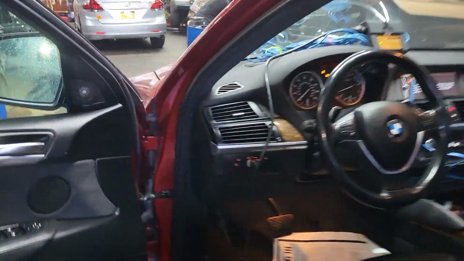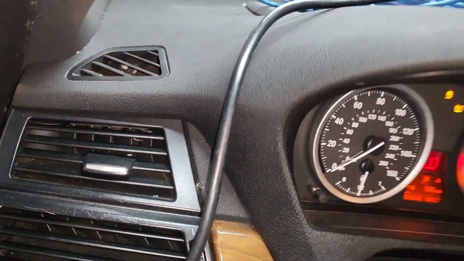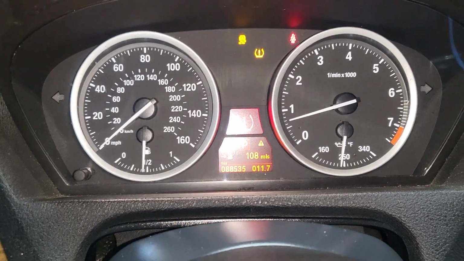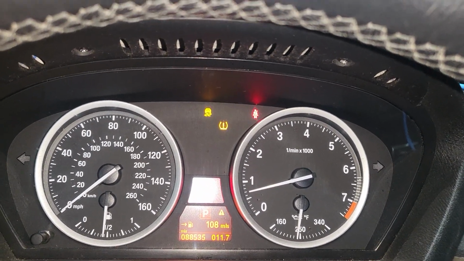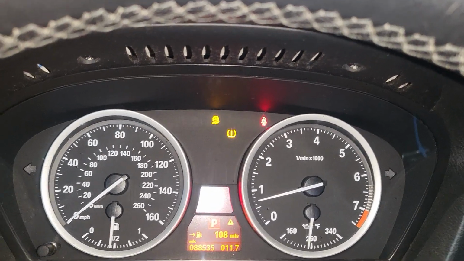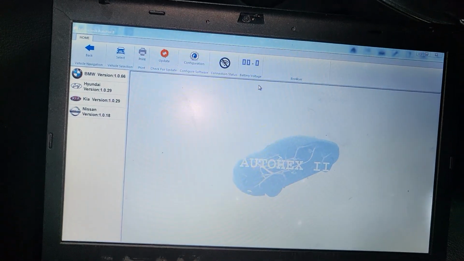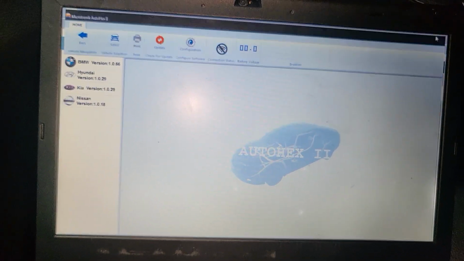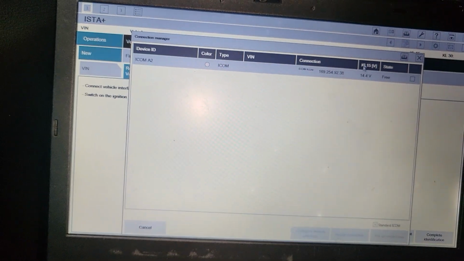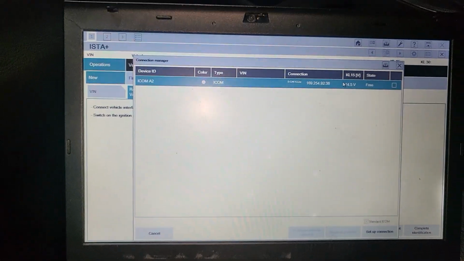Okay, we went back, we tried to code the module. No, the module doesn't require any coding or programming. Well, I looked at it, so there is no way. But we still have the codes for that one. So I said, you know what? Let me try to